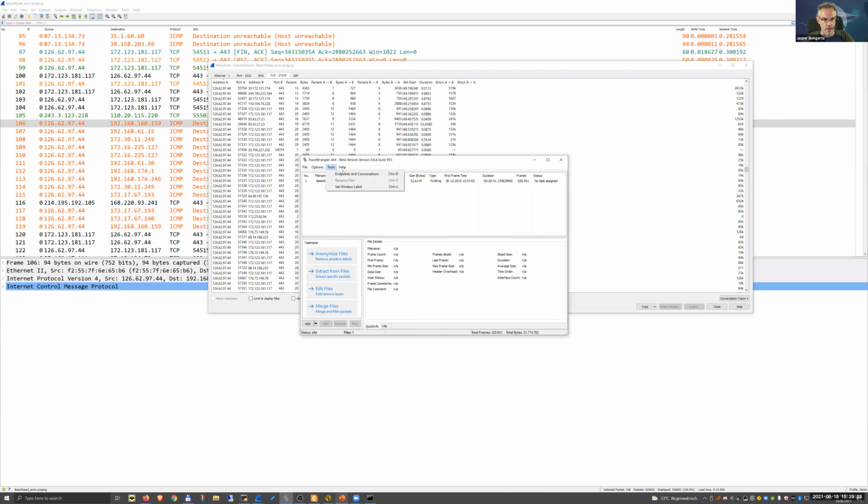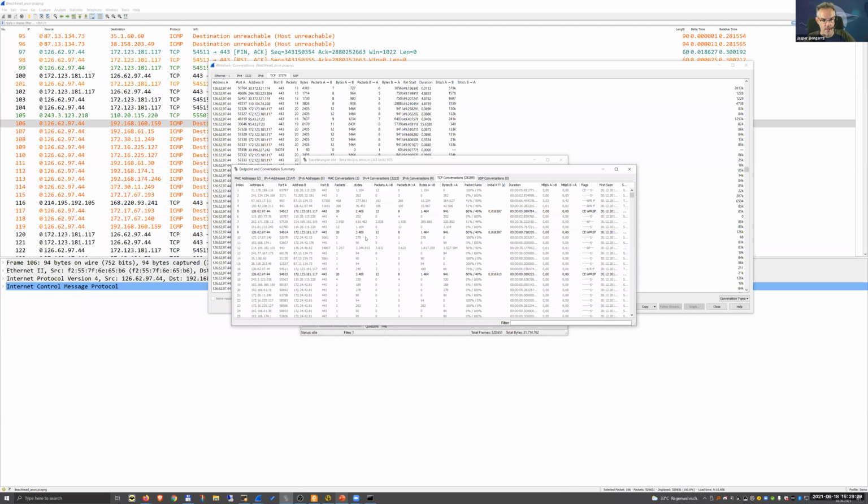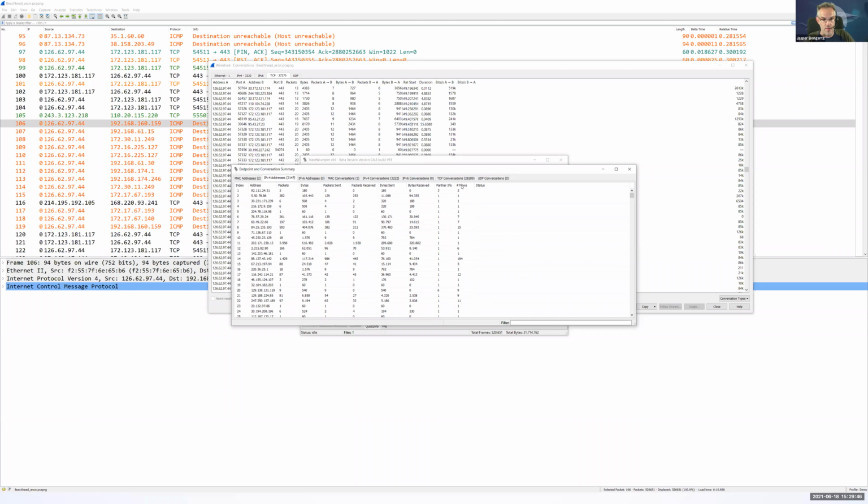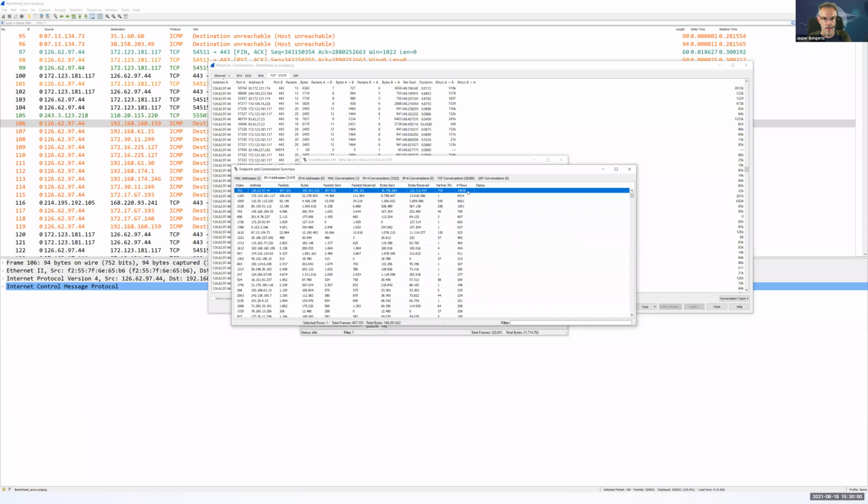And now I have a tool here that is called Endpoints and Conversations. And if I open that, I go to the IP address range. This looks familiar, right? It's like the conversation summary in the background from Wireshark. And what I have here is a column, and this is really small, so let's see if I can zoom in. That is actually telling me how many flows there are between two IP addresses. And I can sort it, and you can see here that there's 14,030 flows between these two IP addresses.